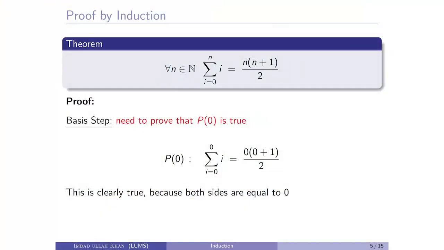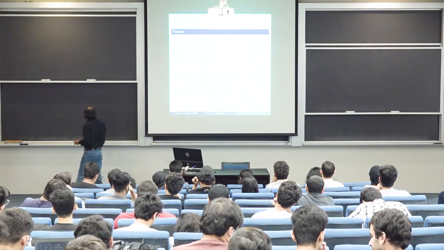So the base step is P naught, so we substitute 0 over here. I is 0, the loop runs up till 0 because n is 0. So essentially the loop is running only one time. So what will be the left hand side? 0, and the right hand side 0, and this should be quite clearly, concretely visible to the reader that you have established the base step, right? And then the next step is that we assume, so we had an implication, right? The implication had this form.